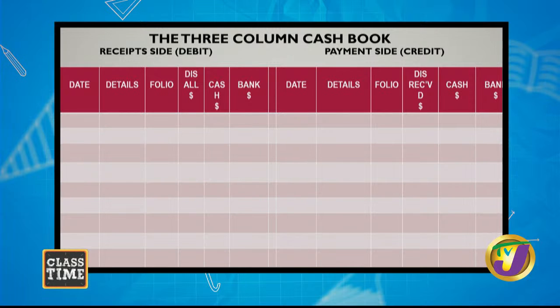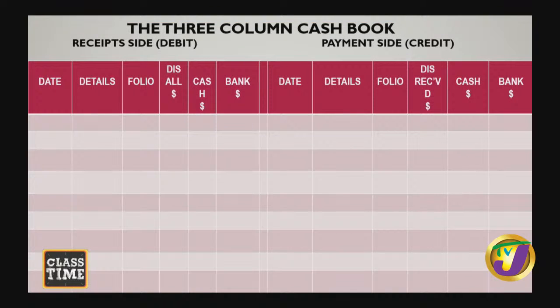Bank. But you will notice that on the receipt side, there is a column for discounts allowed. On the credit side, we also have details, folio, cash, bank, but there is a column for discounts received. Hence the name 3-column cash book: cash, bank, and one for discounts. All right. Now,